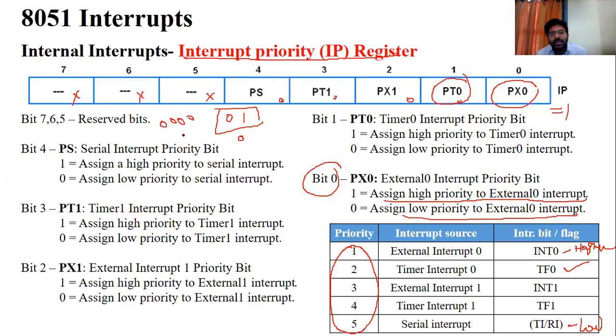Four zeros. Again, this is three zeros, then 1. This is the code for this INT 0. Suppose I want the TF0. What is the code for this one? See this, I will write the code for this one here in this case. So these all are zeros, four zeros, nothing but this is 0, this is 0, this is 0, this is also 0.